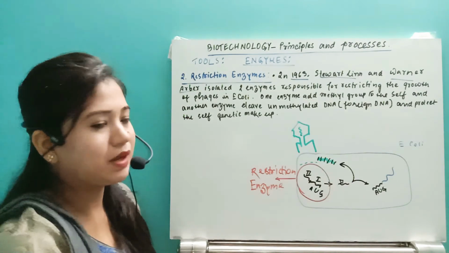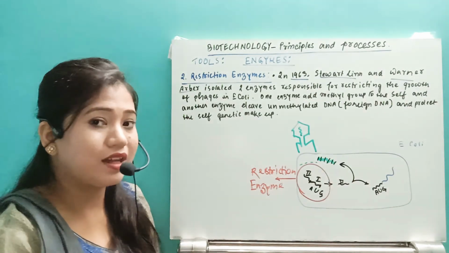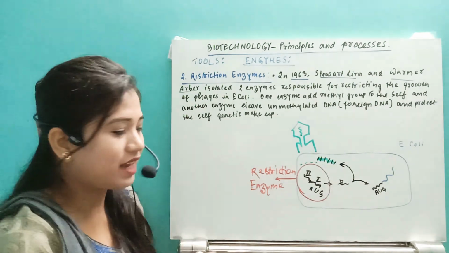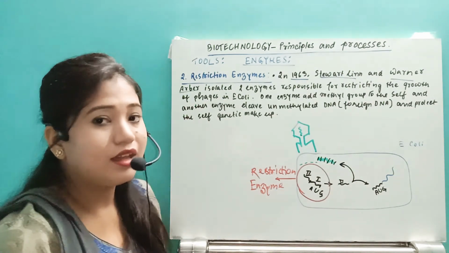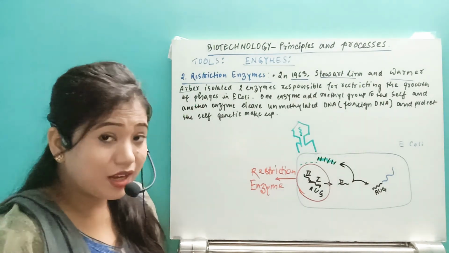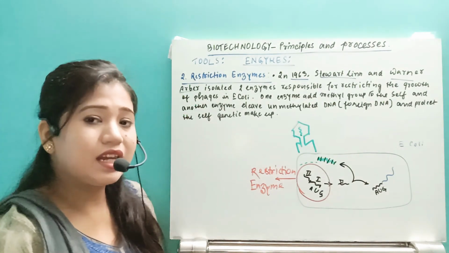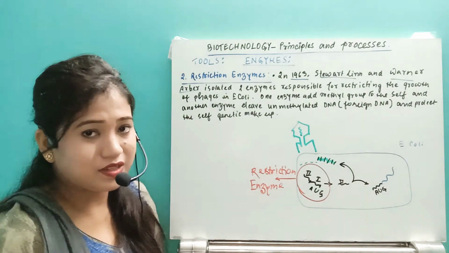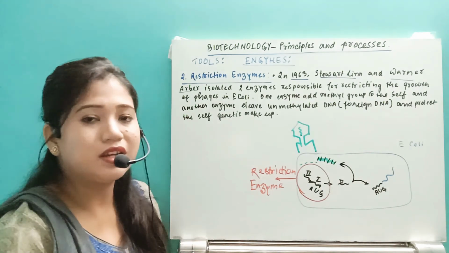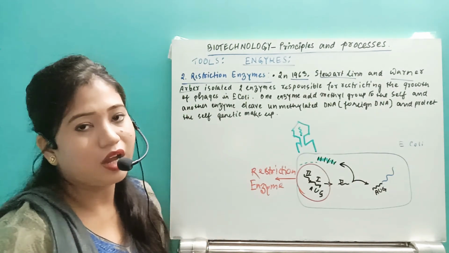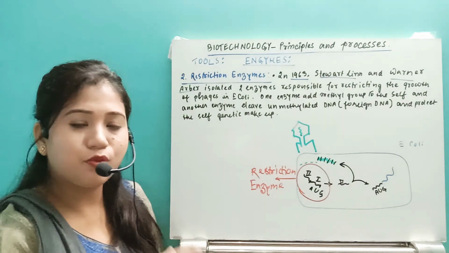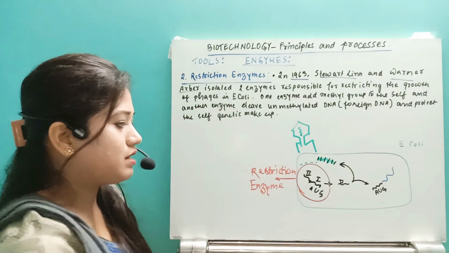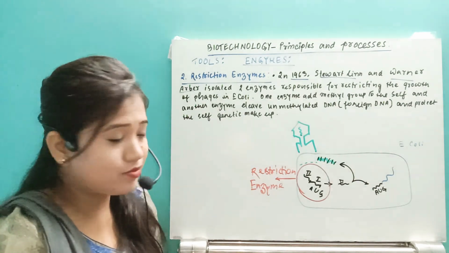we need to know this mechanism also, by which we can understand that this restriction enzyme can read the methylated part. They can read the sequence, and whenever they read the sequence, when we use them in our processes, they are able to read the regions and cut the gene fragment in its desired region, right? So we need to know this.